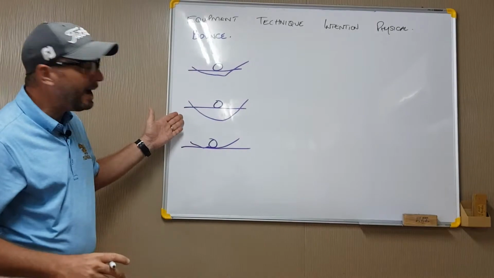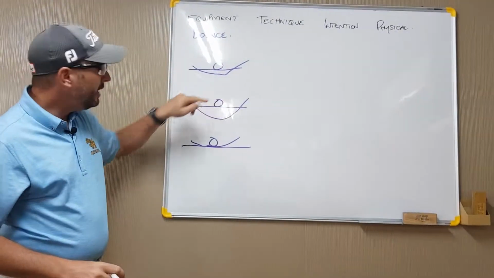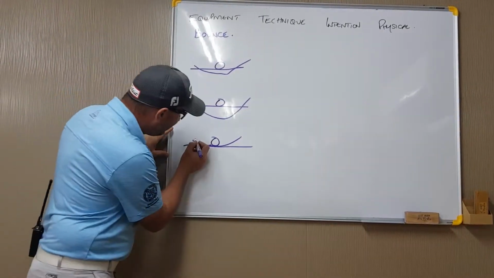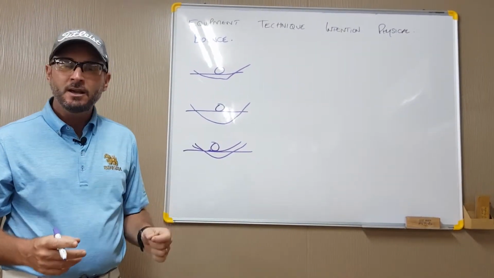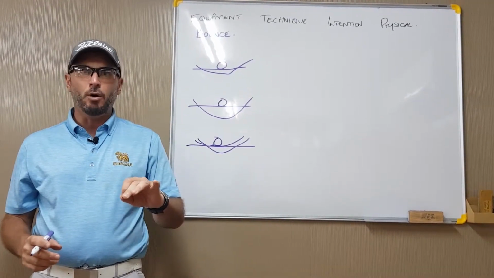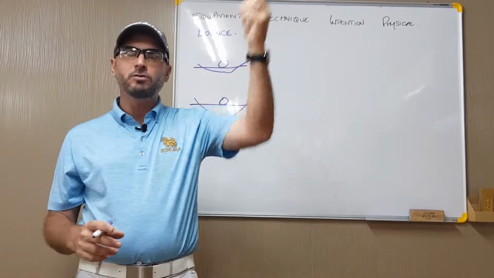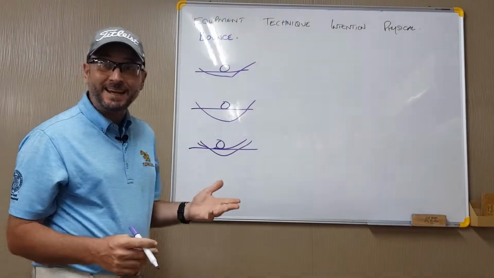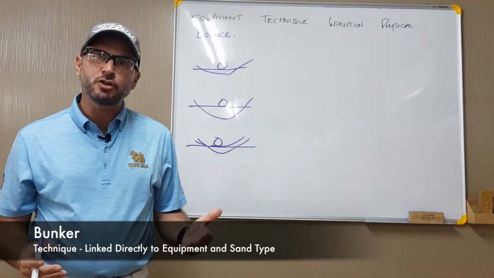Therefore, if you're in the soft powdery sand, you need more bounce to get this skidding situation. If you're in wet, hard sand, you need less bounce so the club can dig and go underneath the ball to make it pop up on the explosion of sand. But the real key element for a bunker shot is that you are not trying to hit the ball. You are trying to explode the sand around the ball and then allow the ball to come out on that explosion of sand. So that leads us to technique, and really technique and equipment, they merge together in this situation,